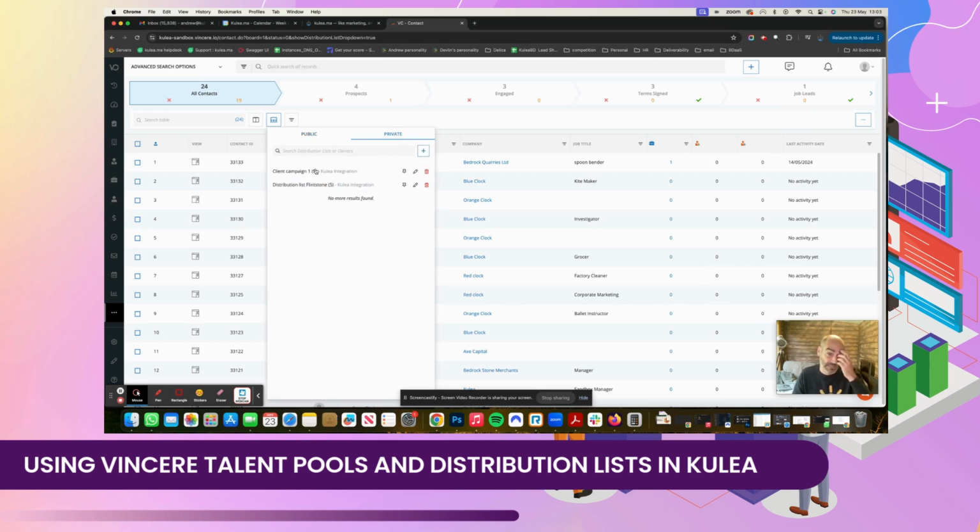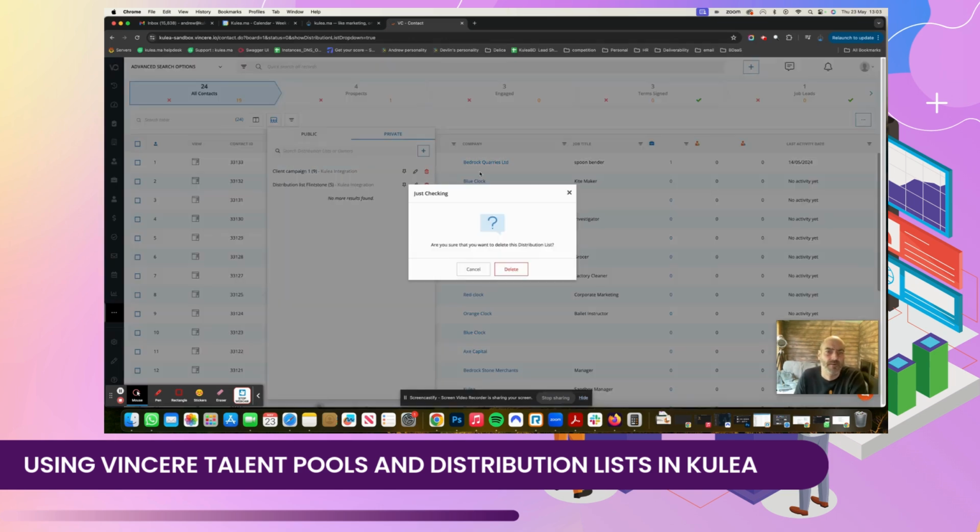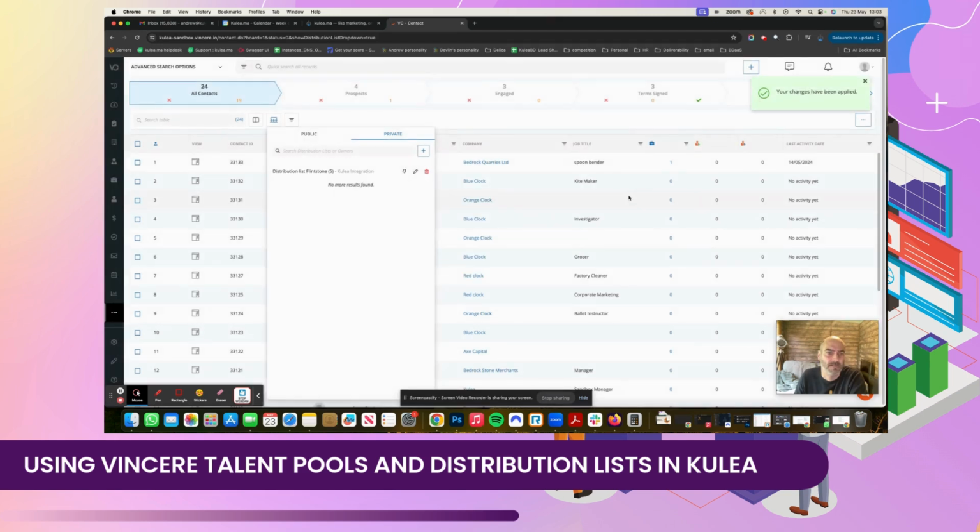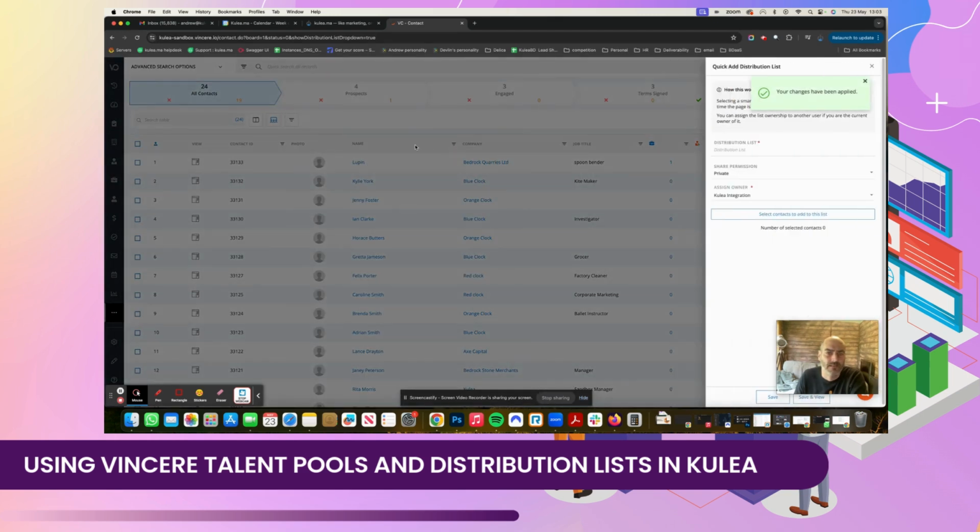So currently I've got client campaign 19. I'm going to bin that one off. I don't want that anymore. So there we go, let's delete that. And I'm going to add two more. So let's add